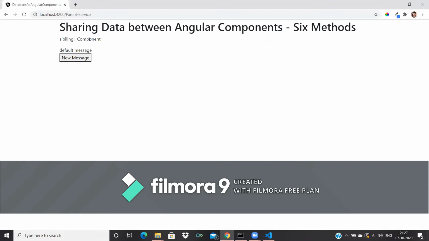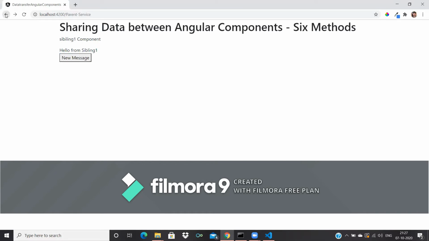This is the siblings 1 component, and this is a default message I'm binding here. When I click here, it is going to another component, siblings 2, and I'm getting the message from siblings 1, hello from siblings 1.